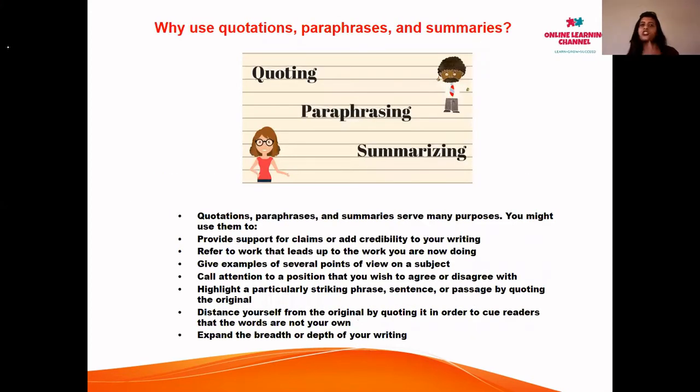Why use quotations, paraphrases, and summaries? Now, quotations, paraphrases, and summaries serve many purposes. You might use them to do the following: provide support for claims or add credibility to your writing, refer to work that leads up to the work you are now doing, give examples of several points of view on a